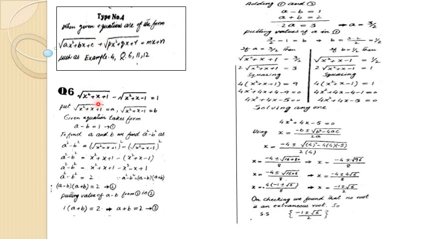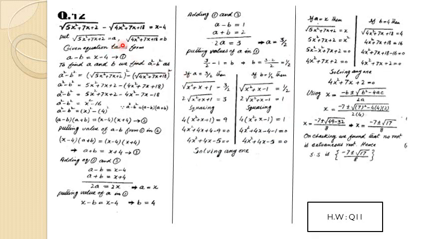Now under root x square plus x plus 1, under root x square plus x minus 1. Okay. Now you can see that this is a minus b. So a minus b is equal to 1. So a square minus b square means just squaring both sides, a square minus b square. Okay. This is the thing. Or you can just solve it by your way. You can solve it by your way. How? Just squaring both sides, again squaring both sides, and then you have the answer.